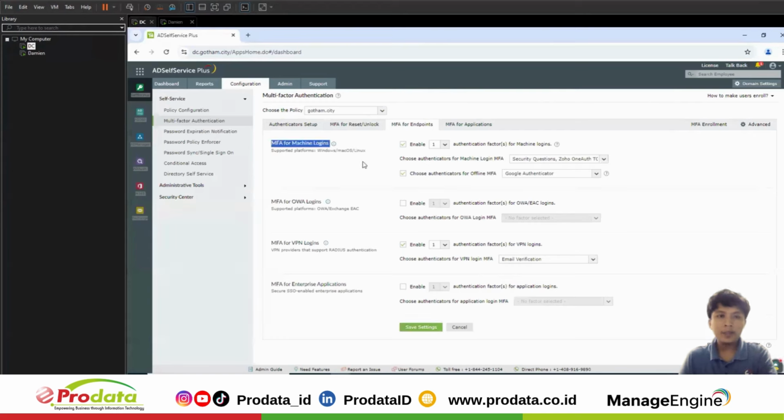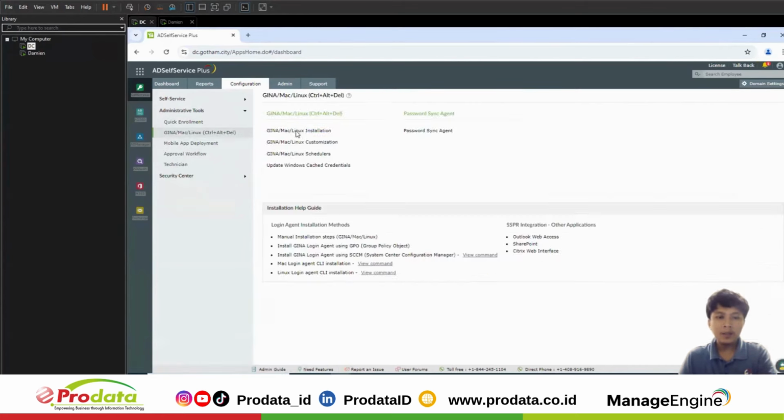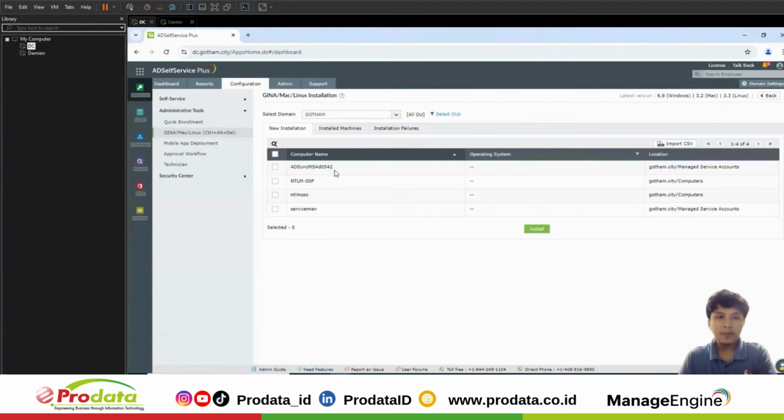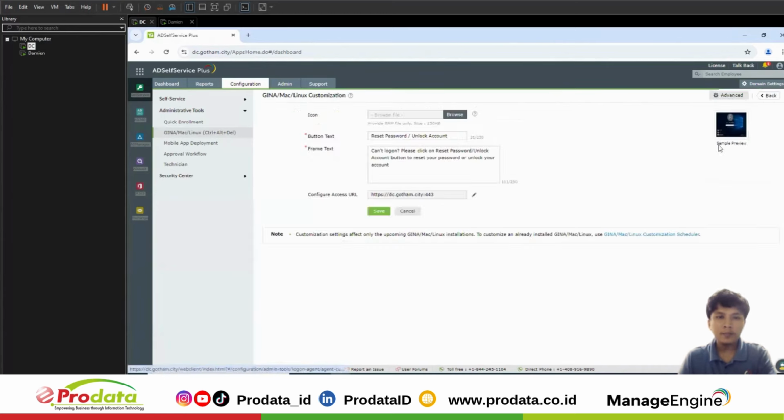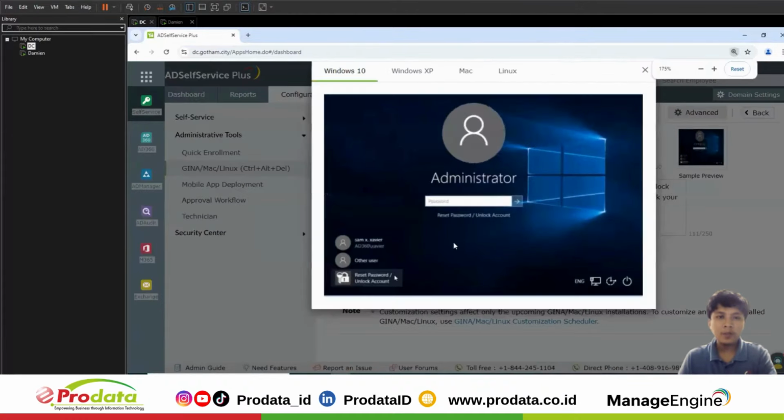For the implementation of the machine login MFA, a client software has to be installed on the user machine. Under the administrative tools, for Windows, Mac, and Linux, we have the client software here. This is a deployment method which allows you to install the client software from the admin portal itself, where all the computer accounts in your environment will be listed. All you need to do is select a machine and click on install. On successful installation, the user will be able to see a reset password, unlock account link at the login screen